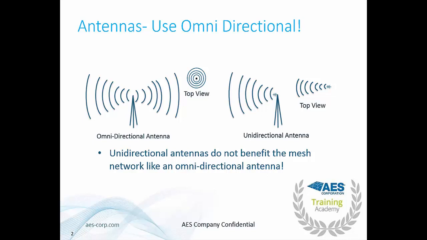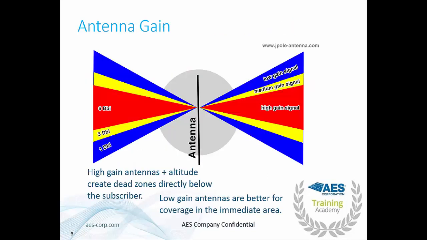If you install an antenna below the building roofline, oftentimes you've turned that antenna into an omnidirectional antenna or a Yagi antenna because the radio signal cannot pass through the building. Antenna gain is also important to keep in mind when selecting the proper antenna. Often people think that a higher gain antenna sends out more power from the AES subscriber. Unfortunately, gain does not amplify the radio signal. Antenna gain focuses the radio signal.